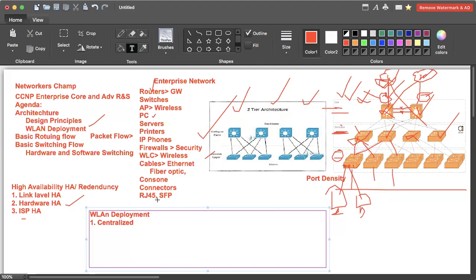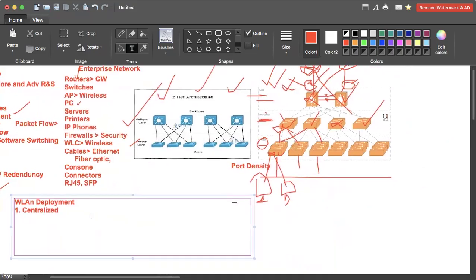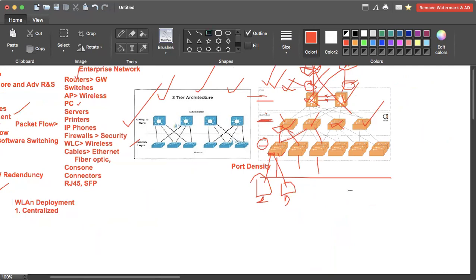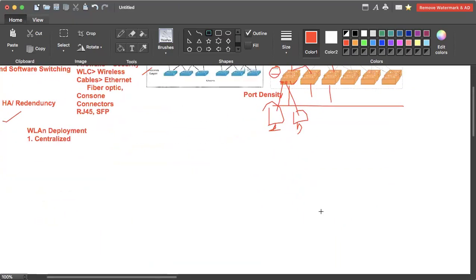This basically means all wireless endpoints, how would they be handled? How would their traffic be handled? Where would they actually connect to? See, if I have to make a small network here, like if you ask me, hey, can you design me the network for wireless as well as wired, both, I would simply go ahead and deploy here